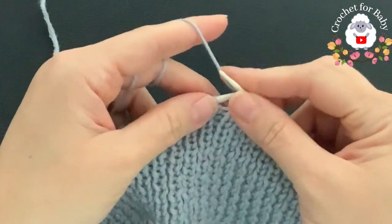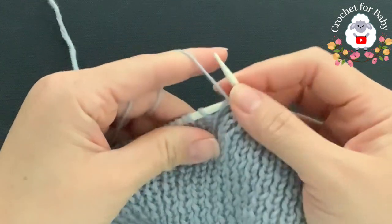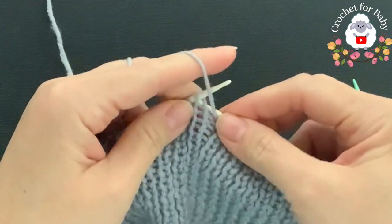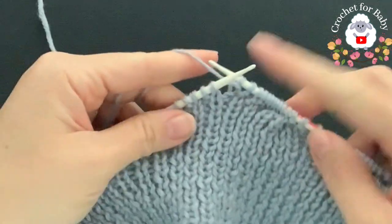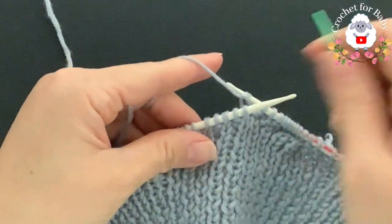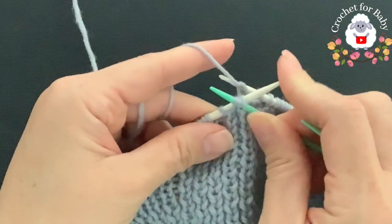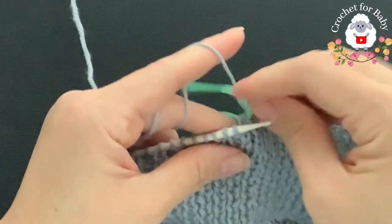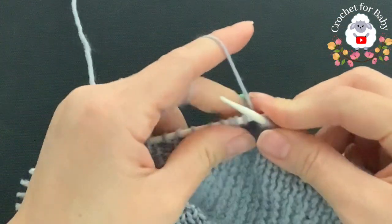Now the next 5 stitches, purl 2, knit 1, purl 2. Now we're going to make the third cable. So remove the next 3 stitches, put them to the back, knit the next 3 stitches, 1,